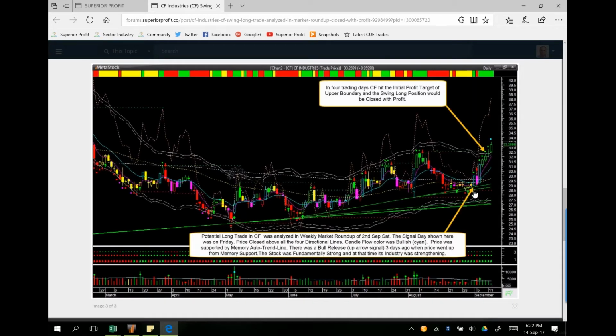We had discussed CF on this day, and again, this was a cyan candle. As I mentioned, cyan candles indicate that it is not only bullish, but it has an optimal buy point for swing long in trend following market. What is optimal? When a stock is going up with higher high and higher low, we wait for the stock to dip and then just tilt up. Cyan candle represents the lowest possible price we can catch without buying it at the bottom when it is still